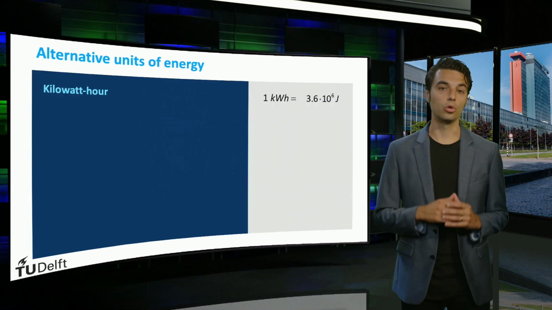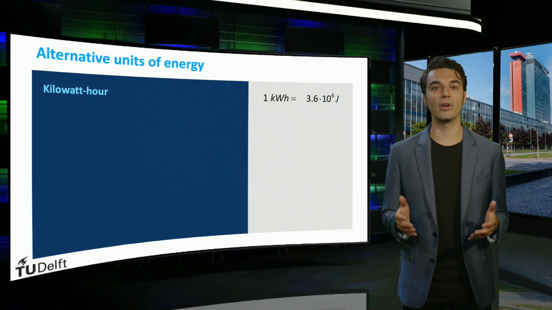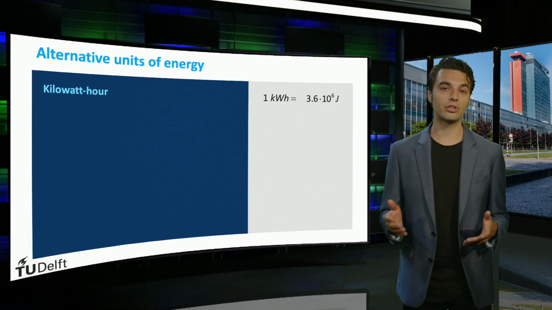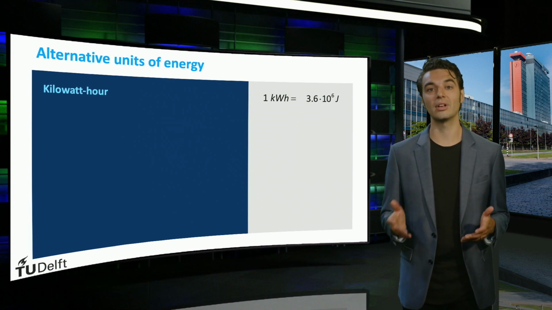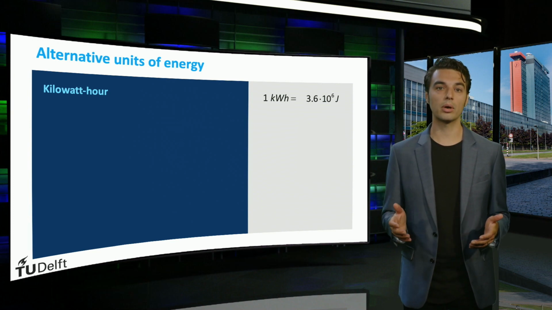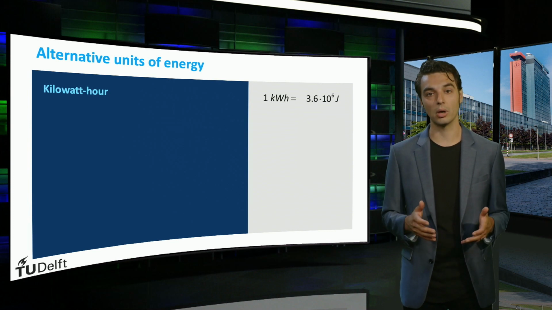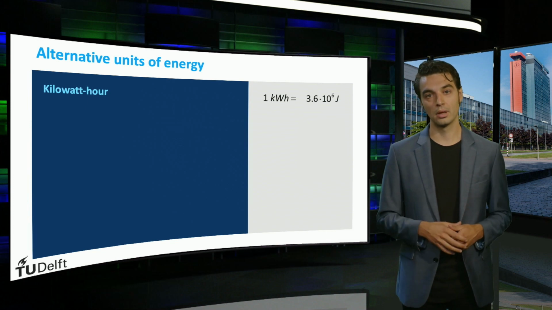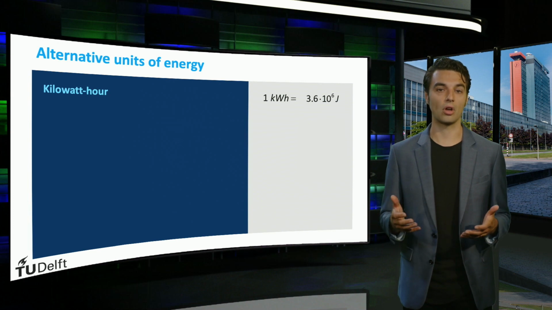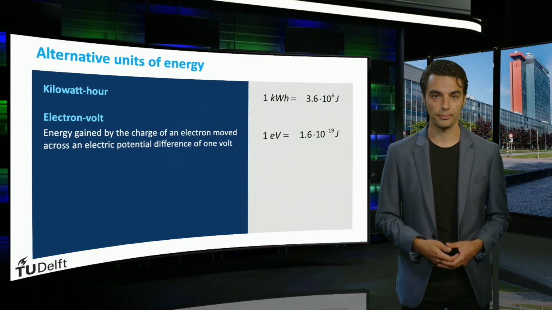Joules are not the only unit used to express a certain amount of energy. 1 joule is a very small amount compared to the human energy consumption. Therefore, a different unit of energy is used for the production and consumption of electrical energy, namely the kilowatt hour. 1 kilowatt hour, as the name implies, is the amount of energy consumed if a power of 1 kilowatt is applied for 1 hour. Since 1 kilowatt is equal to 1000 joules per second, and there are 3600 seconds in an hour, 1 kilowatt hour is equal to 3.6 megajoules.